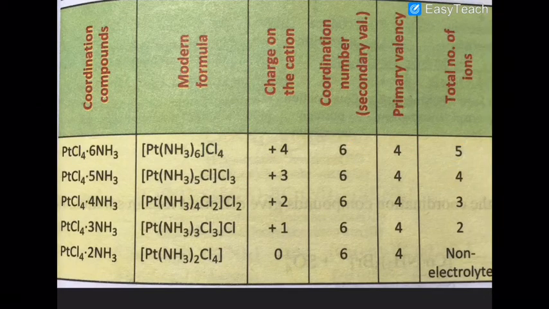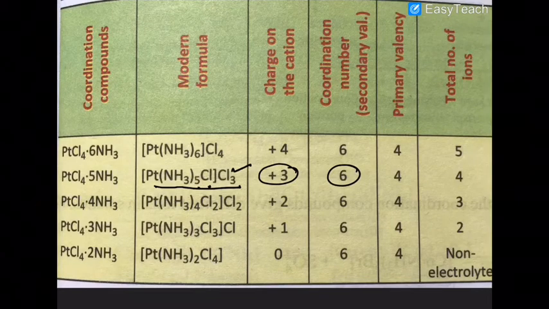In this case, I am repeating once more, let us suppose this is the complex we are talking about. 3 anions will be there, and 1 cation will be there carrying +3 charge. Coordination number of the central atom: 5 ammonia and 1 chloride, so 6 atoms are around the platinum. So 6 is the coordination number of the platinum. Primary valencies: how many species are outside the sphere? 4. Clear?